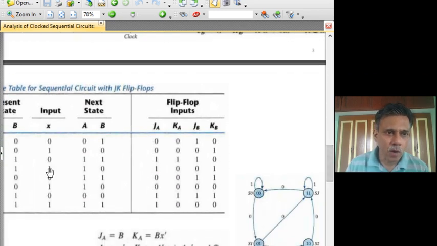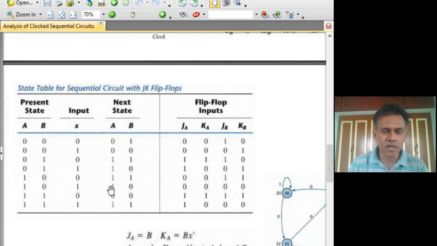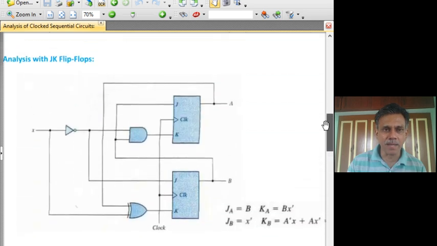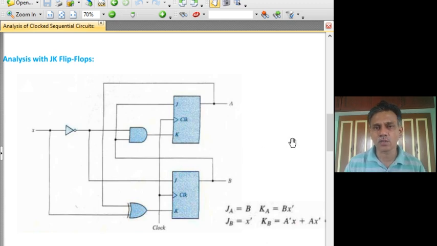For that, you have to treat it as a truth table. You know the input conditions, you have an output condition, then use the K-map based reduction technique to find A plus and B plus in terms of A, B, X. Those A plus and B plus have to be found out. So you put accordingly the gates that are required to realize these functions and then connect it. So this is how you look at the synthesis problem.